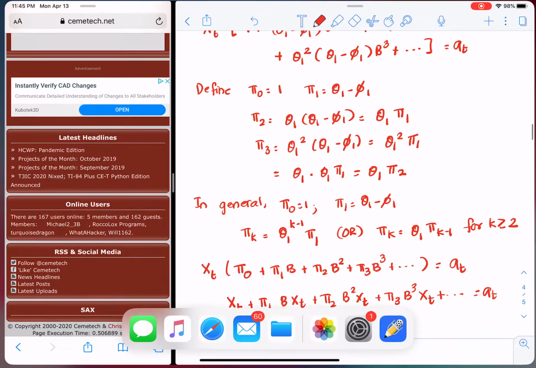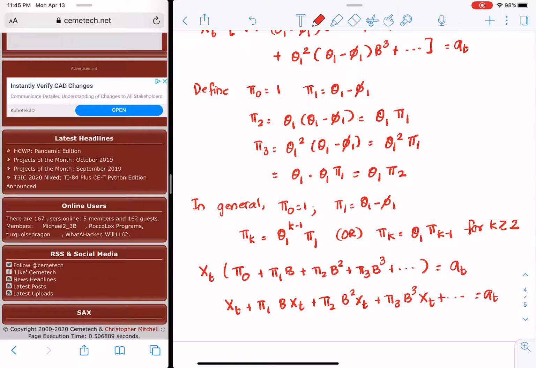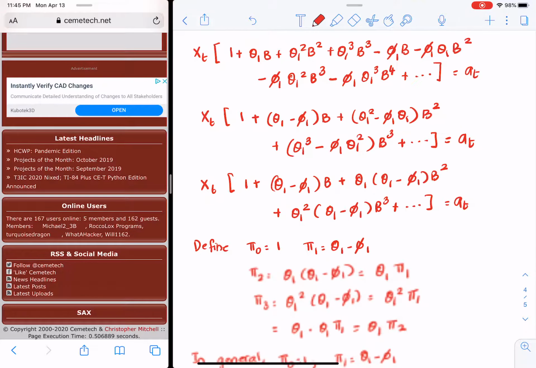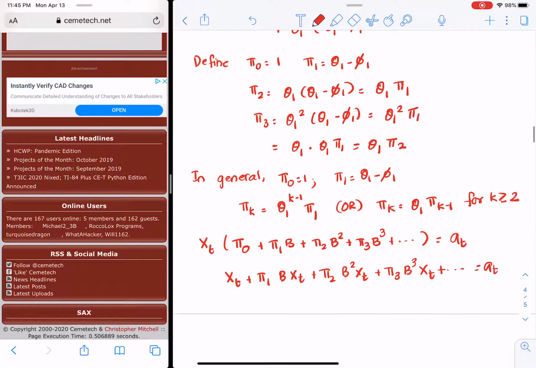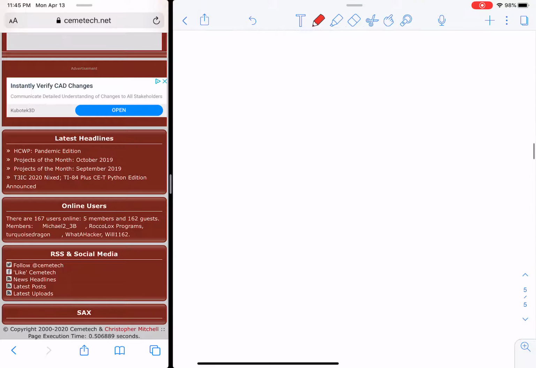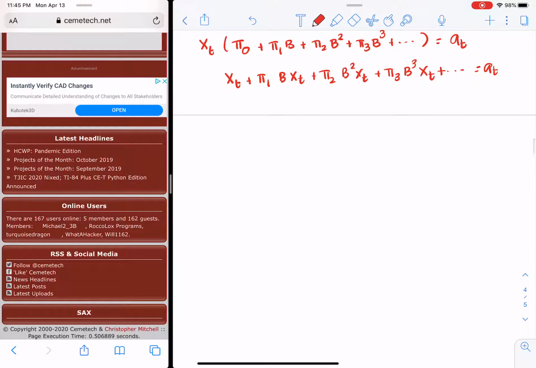So applying the backshift operator, I will have x_t plus pi 1 x_{t-1} plus pi 2 x_{t-2} plus pi 3 x_{t-3}, and so on. That would equal a_t. So in short, we would have j equals